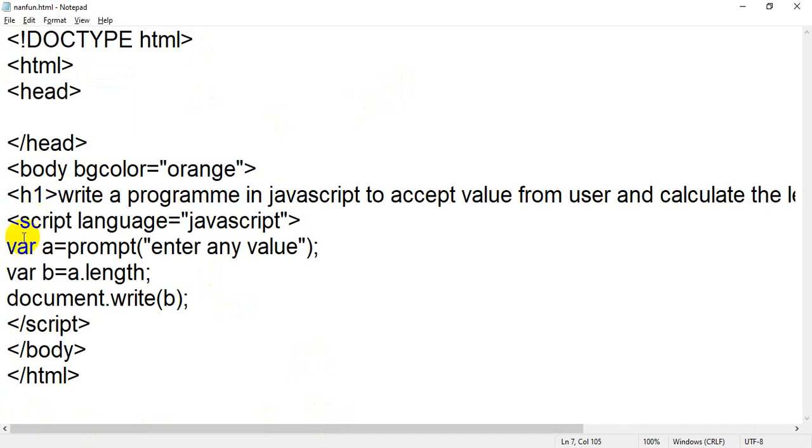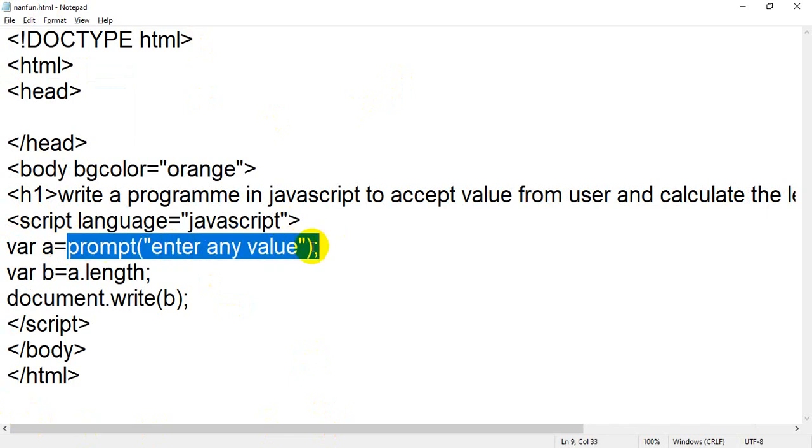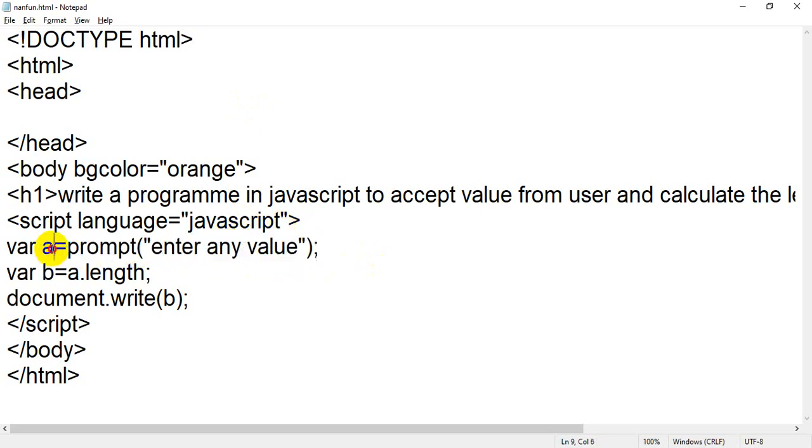First you need to declare a variable, and you have to accept a value from the user. If you want to accept a value from the user, you have to use a prompt box, because a prompt box will create a box in which the user can enter any value. That value will be stored inside variable A. Now we have to calculate the length, so we have a built-in property, that is length. So I have written a.length.